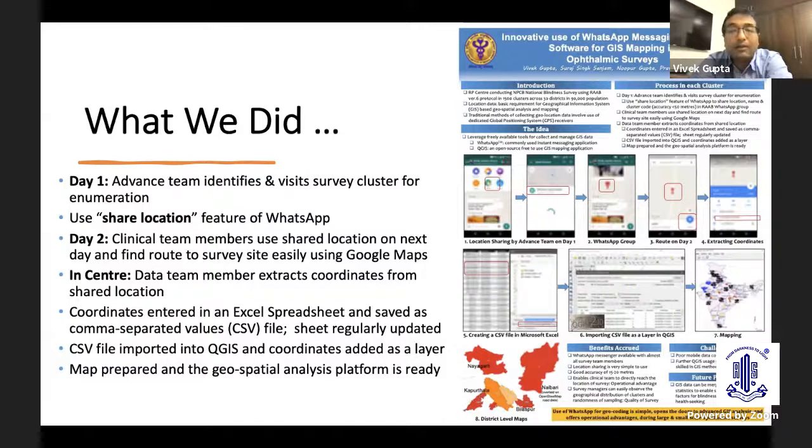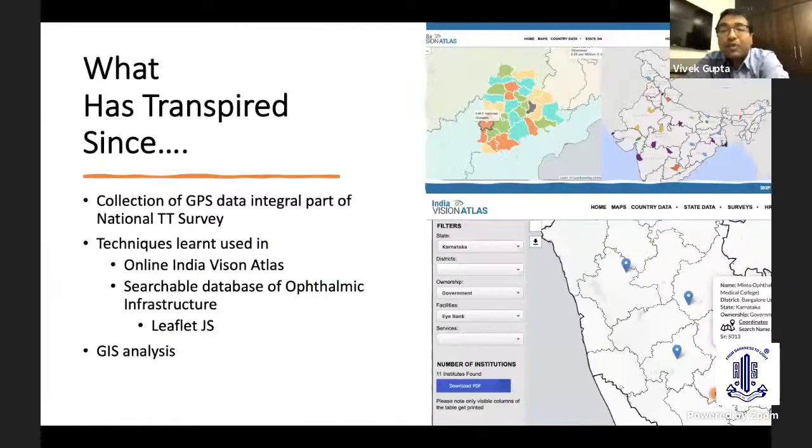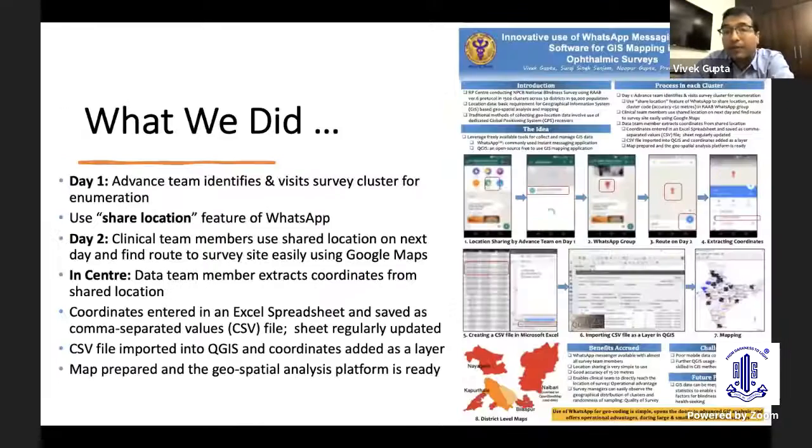Thereafter, our central team would extract all the coordinates by sending basically the conversation. When you send a WhatsApp conversation by email, you get the latitude, longitude coordinates as URL parameters in the mail. So we would copy paste them into a CSV file and import them into Quantum GIS or QGIS, which is a free GIS mapping software. And we were able to do mapping. We could overlay district maps, look at distribution of clusters with regards to distance from district headquarters, and multiple things. So basically that was what I had presented.